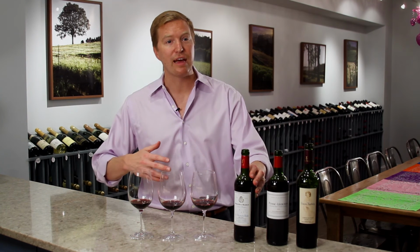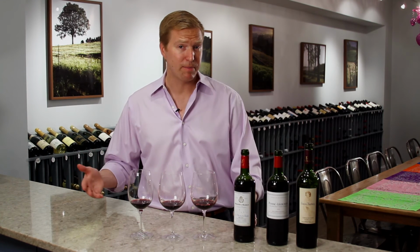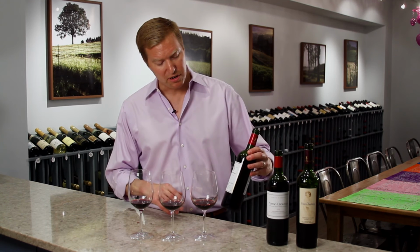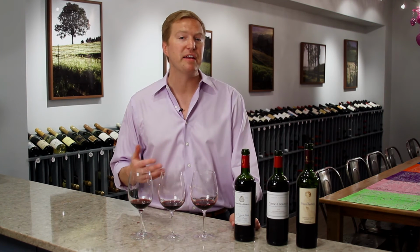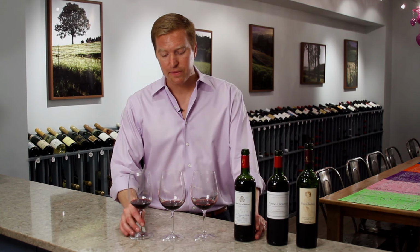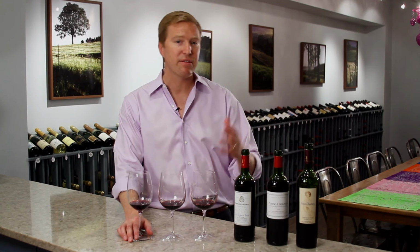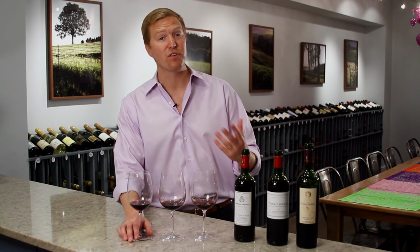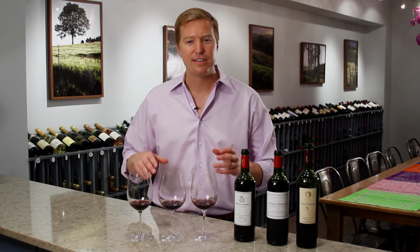This is a winemaker that has used a much broader, larger area, partially because the law tells him he has to, but also because it gives him the freedom to try different grapes that he might not otherwise get to experiment with. And it's a little bit counterintuitive, but when a winemaker does that, when they try something different that is outside the normal rules and regulations of the old world countries, oftentimes that's where you find your best values, because